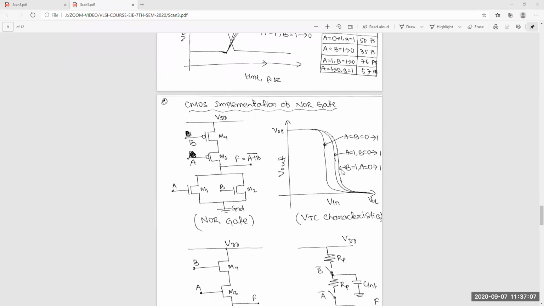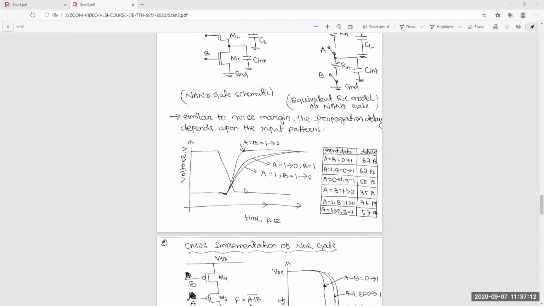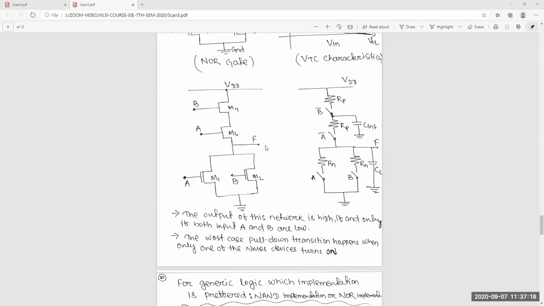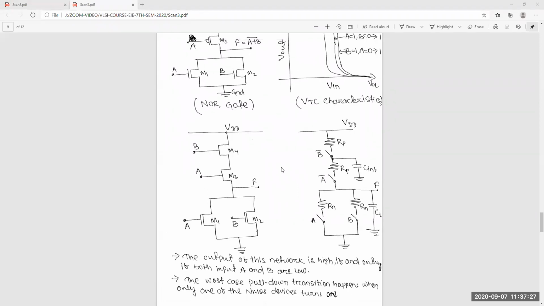Similarly, here we implemented the NAND gate. You can also implement the NOR gate, with its static characteristics, and then the dynamic characteristics, meaning the delay, of the NOR gate. Similarly, you can say which one has more strength and which has less, either the PUN or the PDN. Because these two are in series, in the NOR gate the resistances will add.